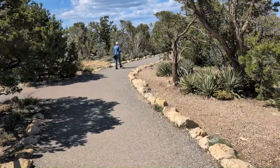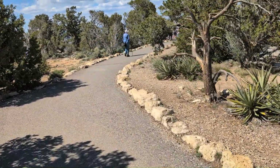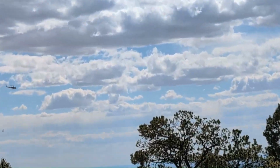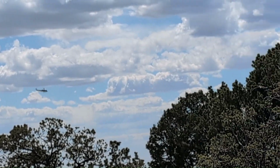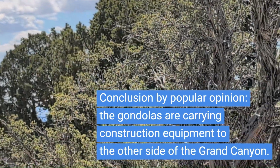Everything is accessible, except the sheer cliff. Now that's like the 4th helicopter we've seen. And it's carrying a gondola down below it. Looks like a firefighting bucket, but